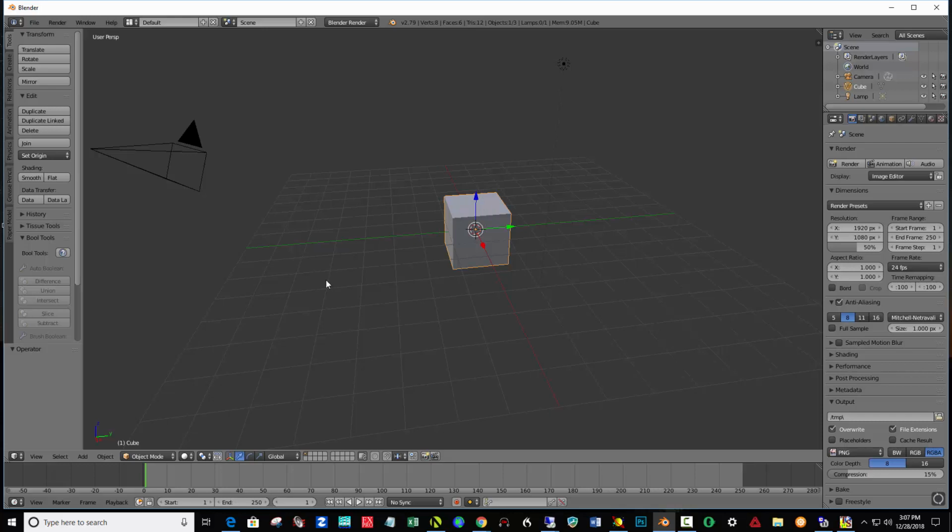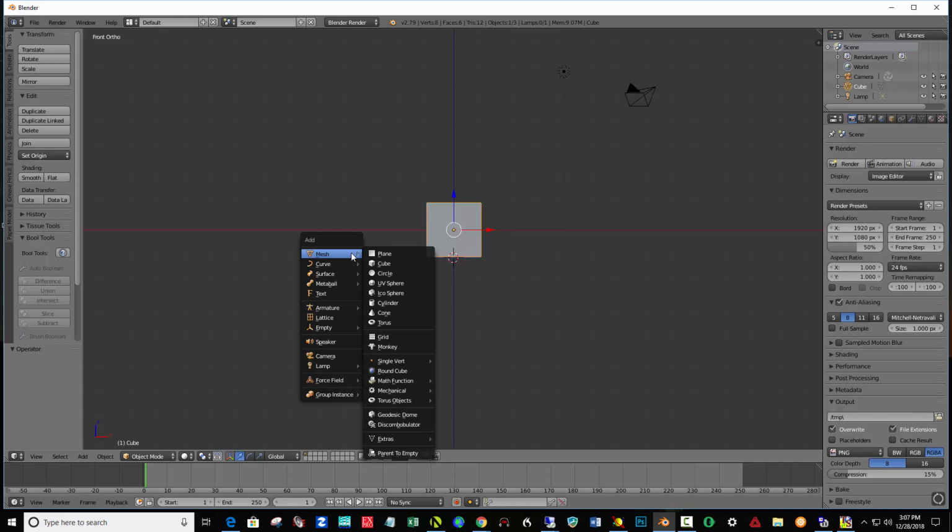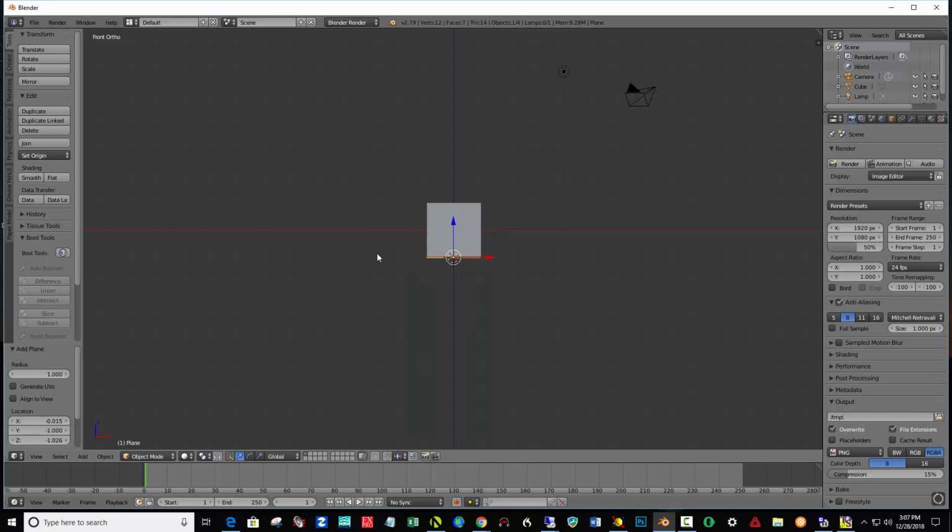So let's set up a box for this cube to sit in. I'm going to hit number 1 on my keypad to show me the front perspective, and then number 5 to go to front ortho view. And then I'm going to left click the 3D cursor just below the cube and then add a plane. So if I hit Shift A and add a mesh plane, and then I want to scale it, make it larger, so I'm going to hit S on my keyboard and the number 5 and then enter. Okay, so that gave me this